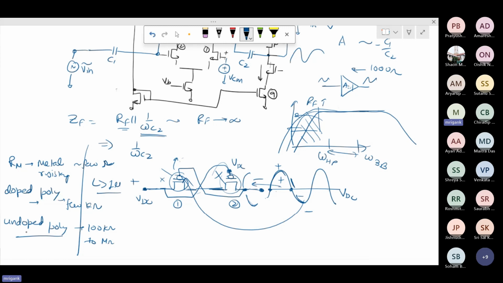And why do we need giga ohm? It will become clear when you simulate. First you simulate with the ideal resistor, and then you find out the cutoff frequency, and you see for what RF you are getting a cutoff frequency of say 1 hertz or something, so that your signals are not suppressed. So at least if not 1 hertz, you try 10 hertz. So for 10 hertz omega HP, what is the RF value you need? You can first estimate using simulation, using the ideal value first, and then check with this